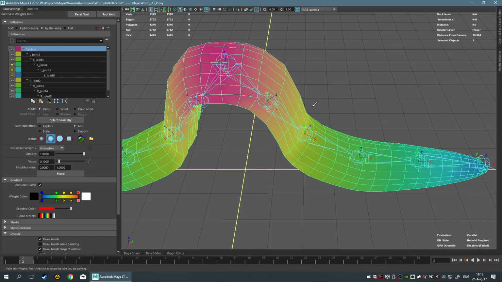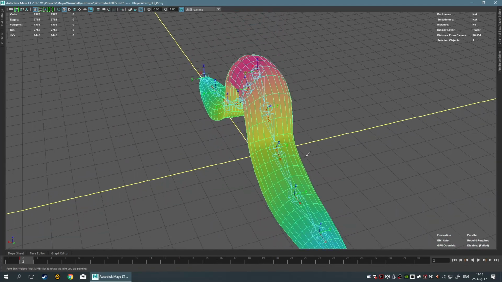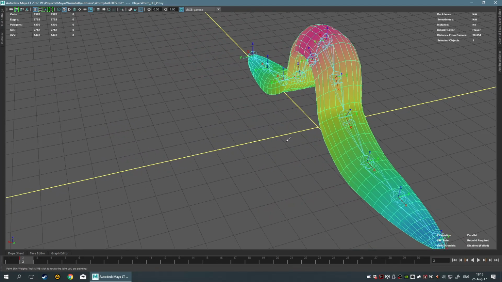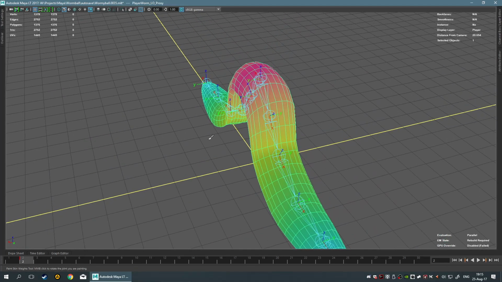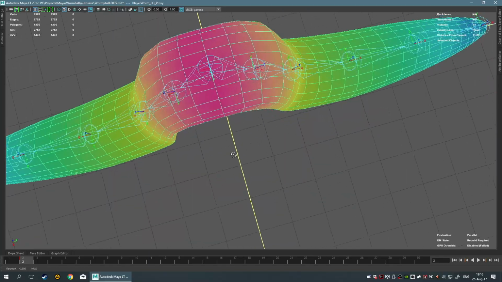So in order to do that, I need to actually create another object, and that's an issue because I don't have another object, right? Well, here's the thing. I'm gonna just duplicate this one, and then we're gonna move it to the side and do our modifications. Then we're gonna rebind it. Very simple. The only difference is that we're gonna keep the skin weights currently bound here, and for that we